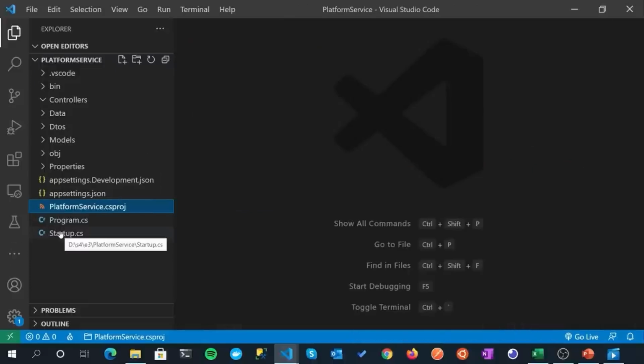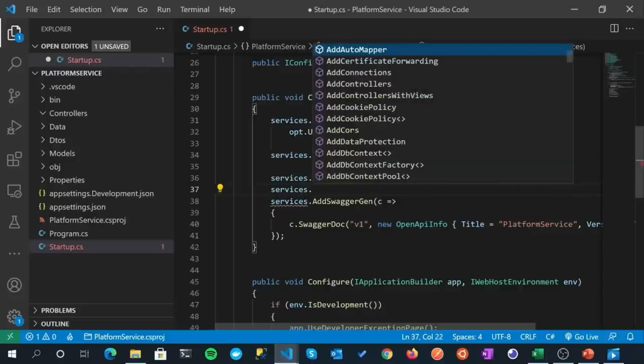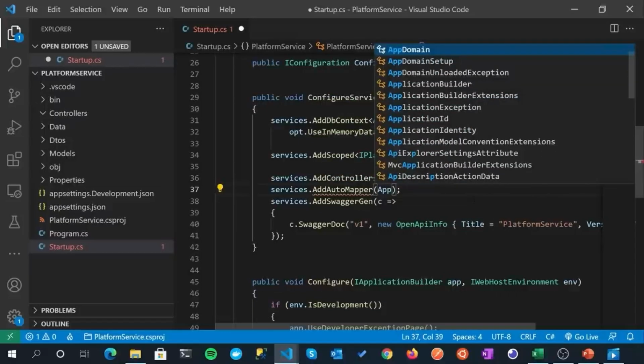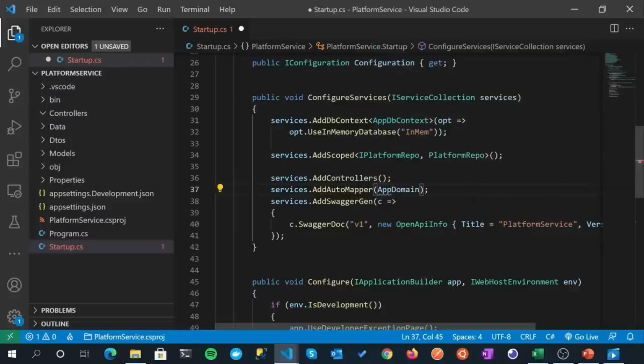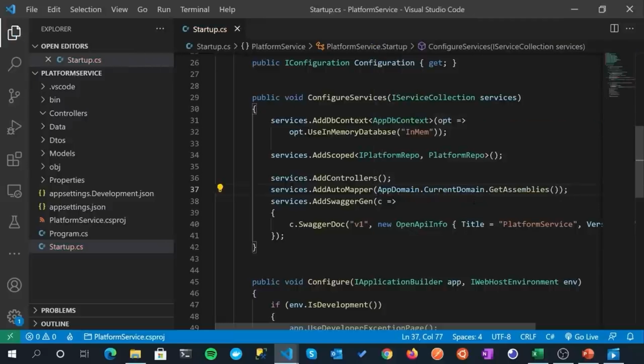The next thing we need to do is register AutoMapper for dependency injection. So over in Startup, in our ConfigureServices method, we're going to do that here. Making use of our services collection once again, there we are, AddAutoMapper at the top. And that should become a relatively familiar pattern that we're using. You can see it's complaining here because we do need to provide a little bit of extra detail inside the parentheses. So AppDomain, my apologies, AppDomain.CurrentDomain.GetAssemblies. And don't forget the parenthesis at the end there. And we'll save that off.